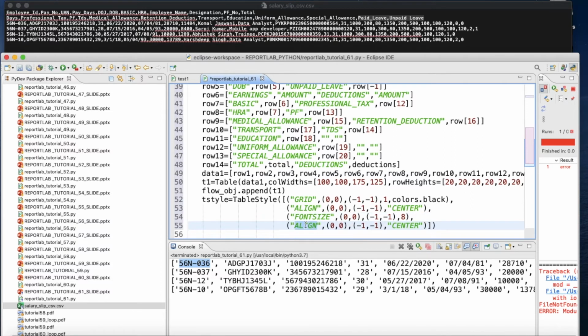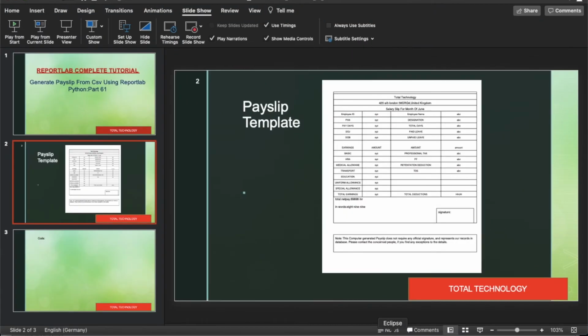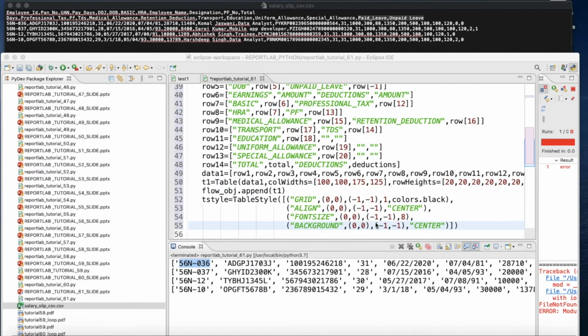So it should be background, so let me open this thing. I'm just thinking it will start from 0 to 5. Why 5? 0 1 2 3 4 5, 0 to 5, and here it will be -1, definitely -1, and -9. Why -9? This is -1 2 3 4 5 6 7 8 9, -1 -9. Okay, so it should be 0 to 5, -1, -9, and it should be